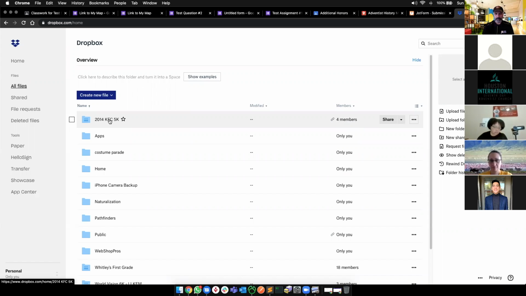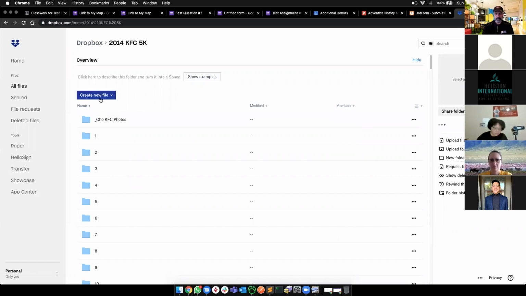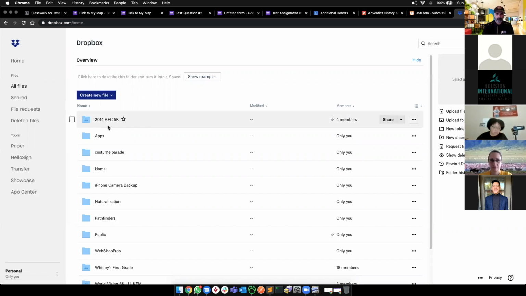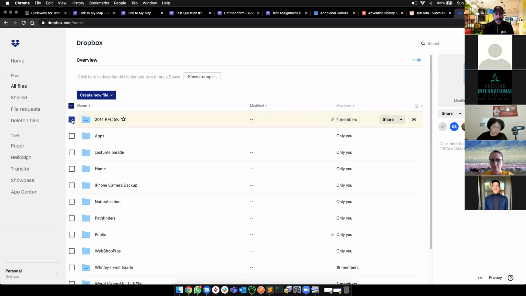So for example, if somebody shares, like this one is a whole bunch of pictures that we took at a 5K event, and there's a lot of pictures in there. It takes a lot of storage on that account. It counts towards your storage. Okay, so just keep that in mind. If you start sharing a lot of large files with a lot of different people, then you're gonna quickly run down on your